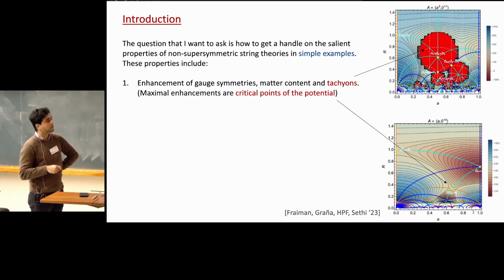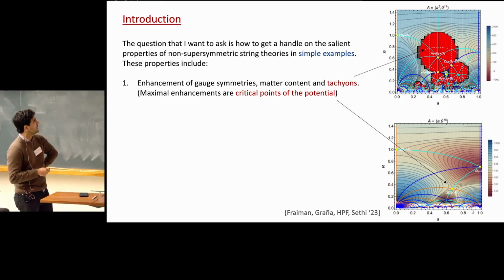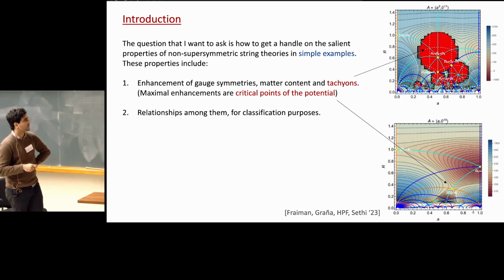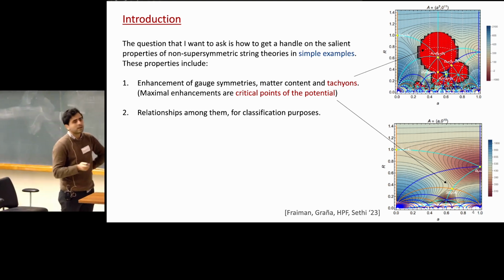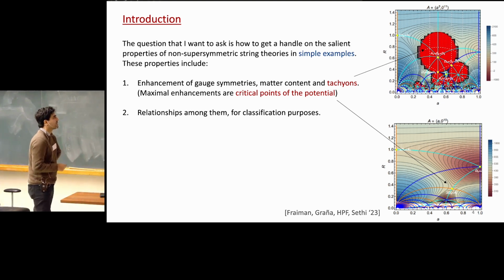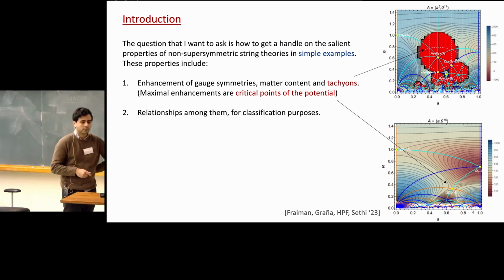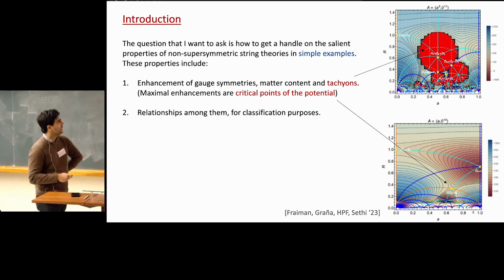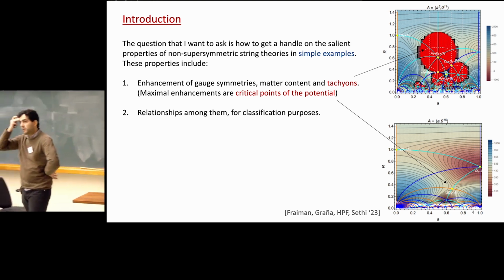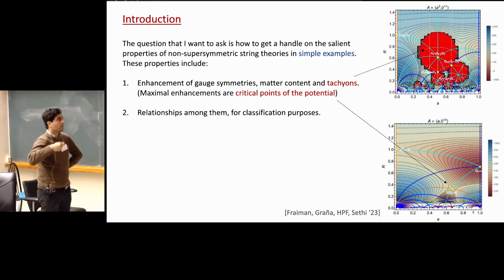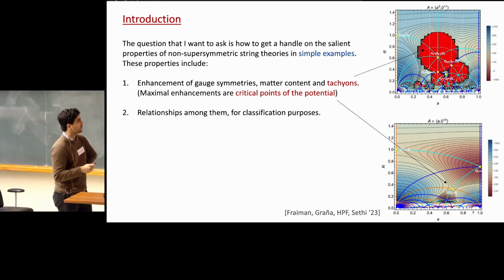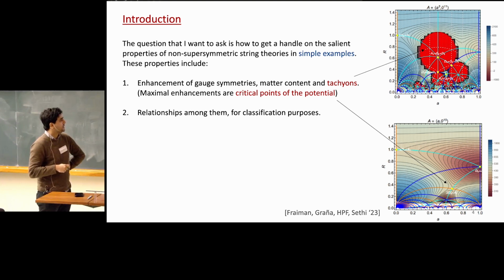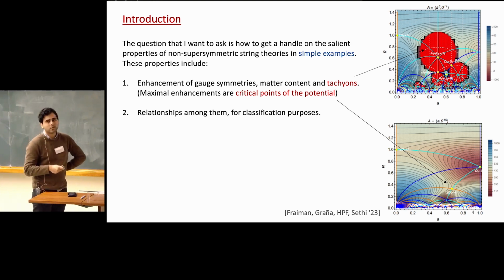But now we have matter content because the theory is not supersymmetric. This is something I would like to understand for many theories. Another thing is I want to classify them. And why do I want to classify them? Because you keep constructing new theories and new theories, but do you know if you're finding the same thing over again? So if we have some classification scheme, then that would be good, so we can cut redundancies. And this is something feasible if we find relations among them.